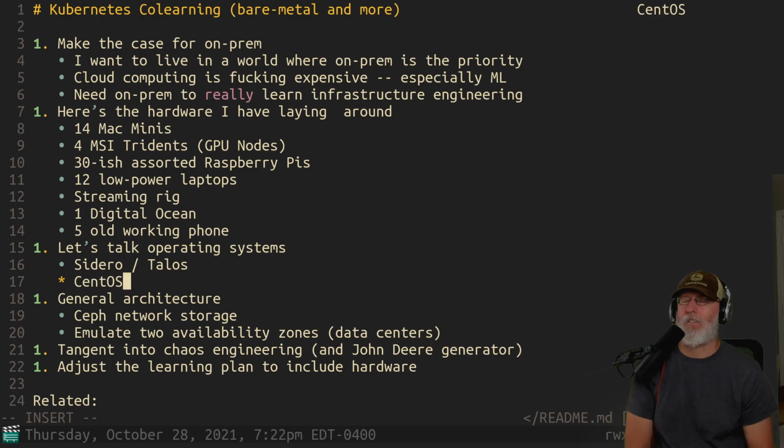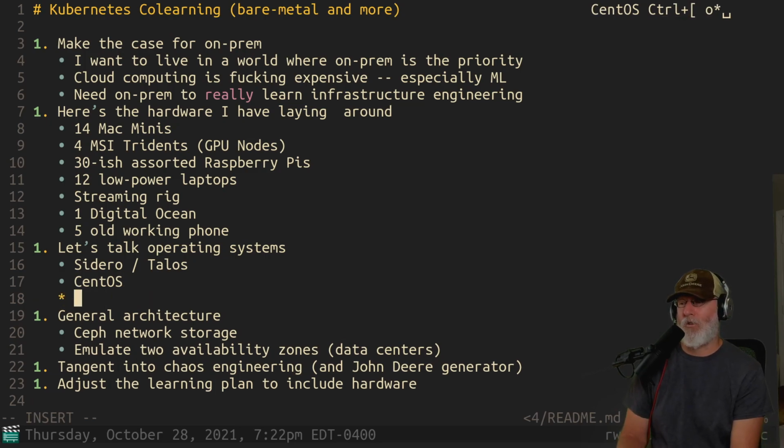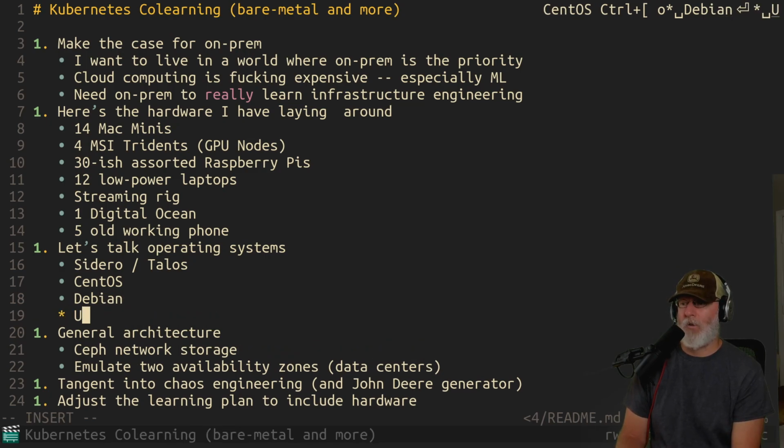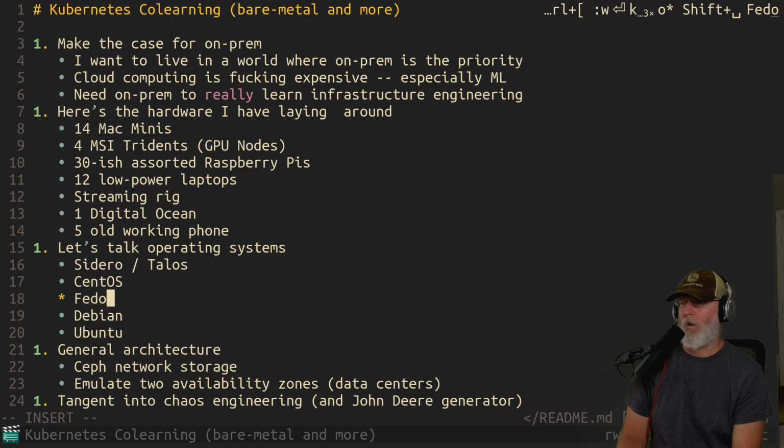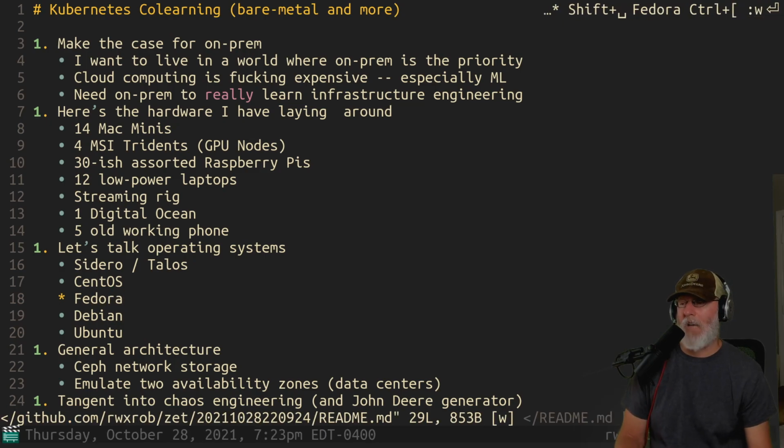To satisfy the trolls in the house, we shall put Debian and we shall put Ubuntu, which are not the same, by the way. Very damn close, but they're not the same. Fedora. I know Fedora very well. I actually was alive when Fedora split, and I was a part of that big mess.